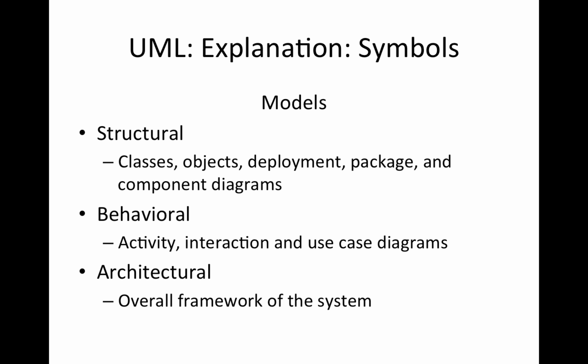So I want to go over a bit of the structures of UML, some of the symbols. It's important to note in UML there are three distinct models. There are structural models, behavioral models, and architectural models. Something to realize in UML is basically everything in UML is described as a graph or a picture or a diagram of some way. So structural models contain diagrams to represent classes, objects, packages, and components, and those types of